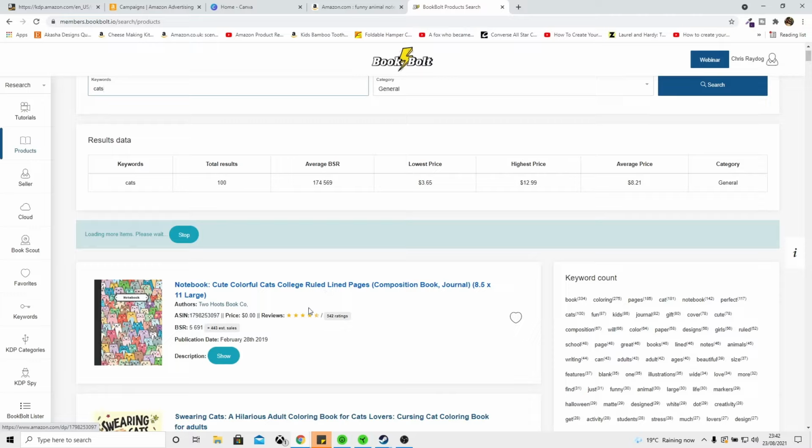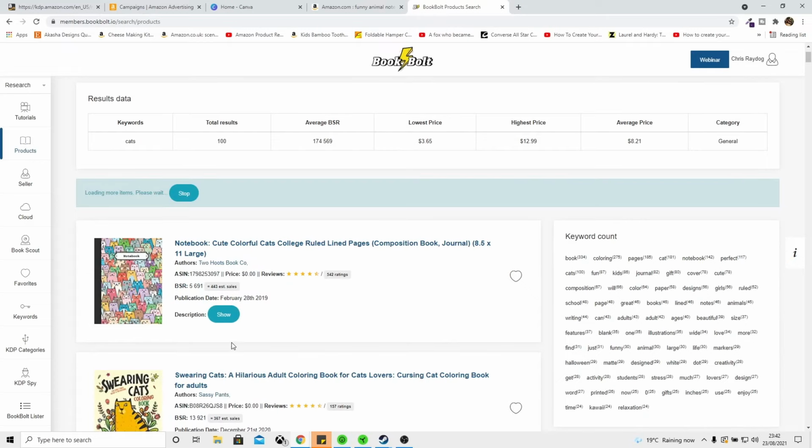Okay, so I don't just use BookBolt to check out the BSRs and be like, hey, that's a good BSR. If that makes sales, then I make sales. I like to do my niche research in a way where I'm looking at what type of theme we have going for these type of books. Okay. So for example, if I was doing notebooks,